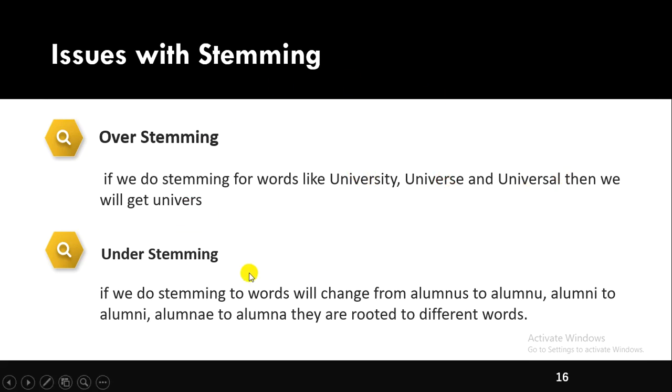Whereas in the case of understemming, it is the opposite. Though these three words, alumnus, alumni, and alumni, are the same, they are rooted to different words. Hence, you need to exercise caution when you use stemming.